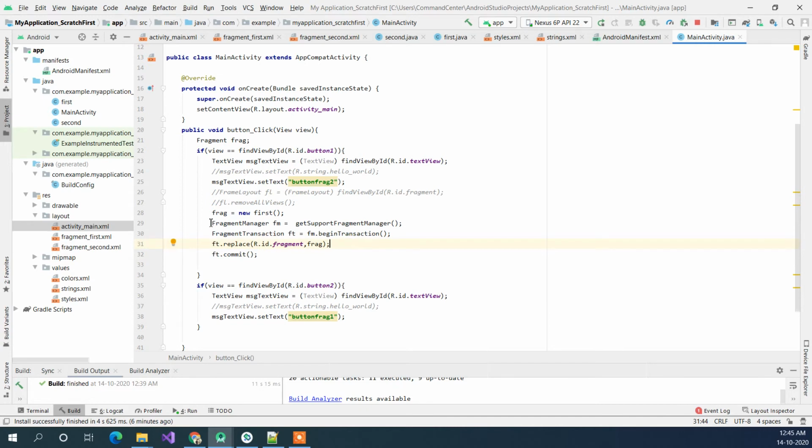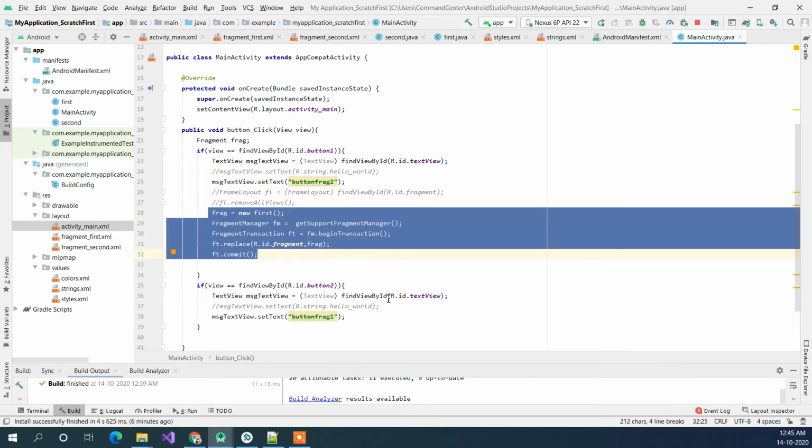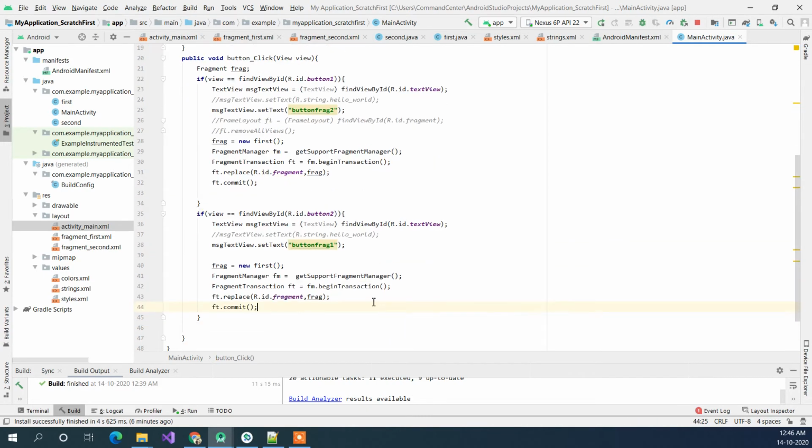Okay, so this should be used as it is, and when we copy this, we need to create an object of the second segment here. So that second segment should come here, and most of the code will be reused in a similar way.